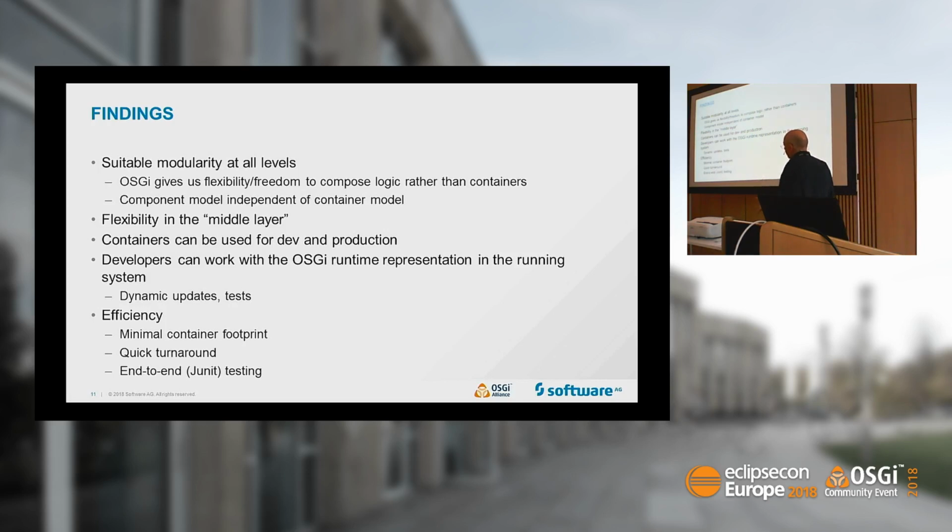There are these efficiency aspects. I can minimize the container footprint. We discussed the modularity of the JRE yesterday, so I could add this, using Docker images that contain minimal JREs built with JLink, and I have in all a quick turnaround. Using this familiar way of JUnit-like testing is also very powerful, because what I showed you first was actually a system test, but using JUnit and from the development perspective.